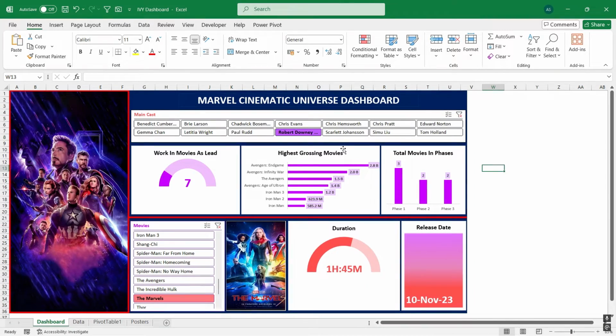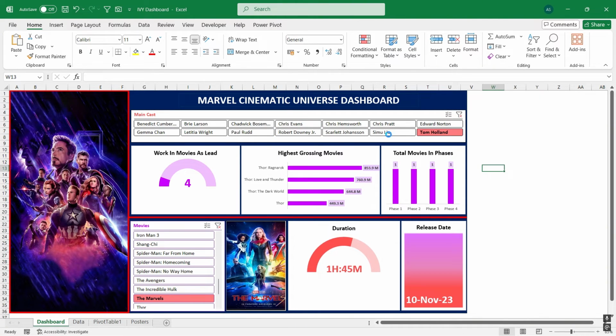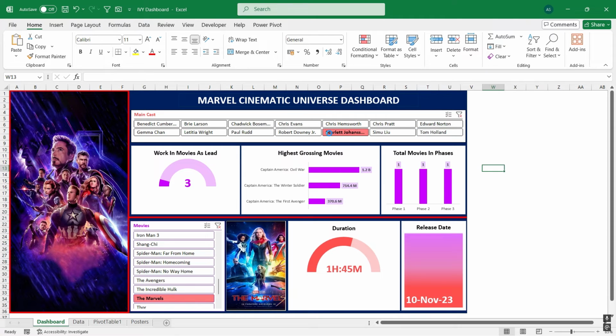Now I will explain how Marvel can use this dashboard for their analytics. First, they will analyze which actor has starred in the highest grossing movies, specifically those that have earned 1 billion or more. In this case, they will look at Robert Downey Jr. (RDJ), who has worked in more movies than others. From the data, you can see that 5 movies featuring RDJ have crossed the 1 billion mark. However, there is an important point. 4 of these movies are Avengers films, meaning that while RDJ played a lead role, other superheroes also had the same contribution, like Chris Hemsworth, Tom Holland, Chris Evans, and Scarlett Johansson.